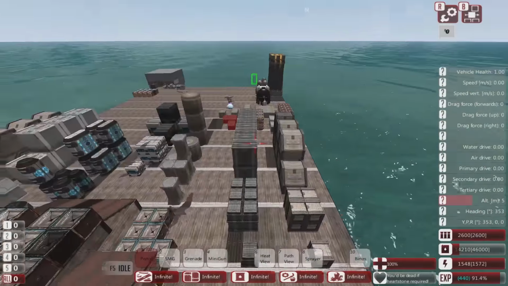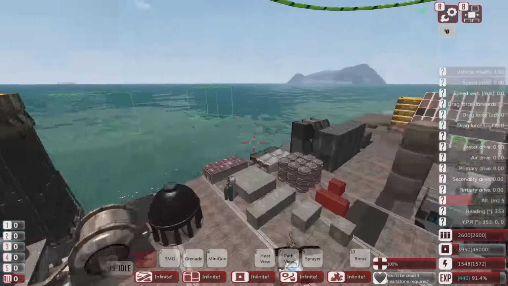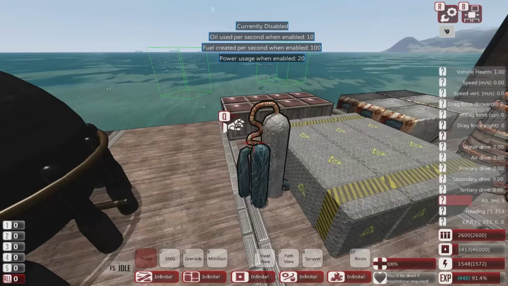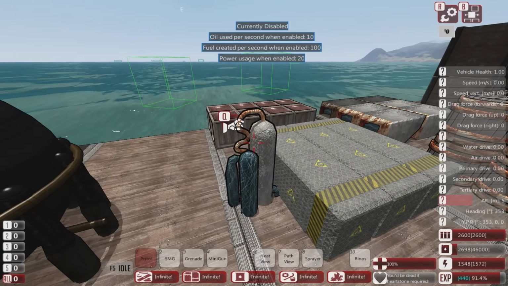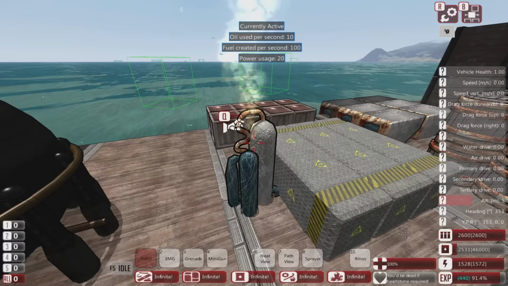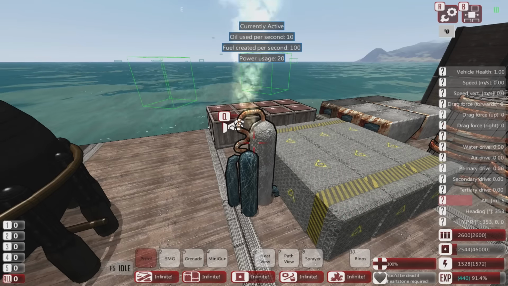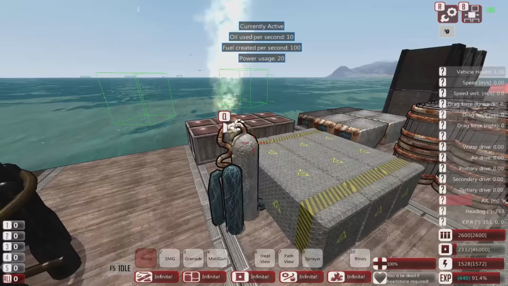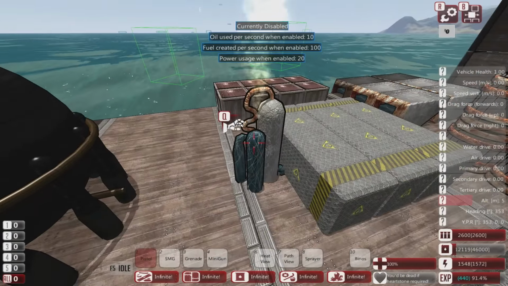So on our main vessel now, our fuel has gone down quite significantly. Now to produce fuel, the existing way is this little device here, which is very efficient, and as I said before, I think they're going to nerf it a little bit. So if I turn that on, that means every second it's producing 100 fuel, which is generally on its own more than that jet is using, as an example. So it's producing a nice bit of fuel there. So we turn it off,